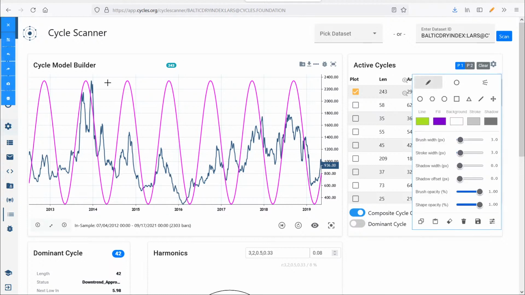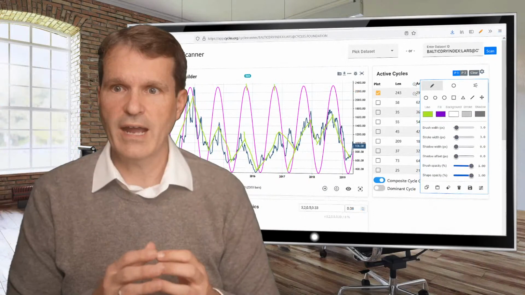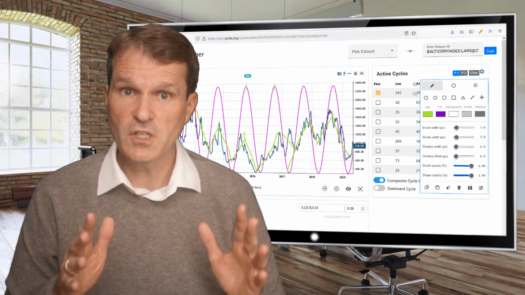So that's where we try to see if we have a good alignment between tops and lows of the raw index with the real data, which just going over these 20 years now looks like a very nice fit between lows and highs in the market. So we don't see big shifts here. If you try to follow this cycle here on the main index and even then updating this to the right, we see that it's not shifting so much, right?